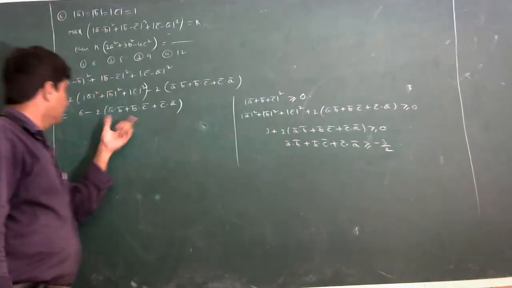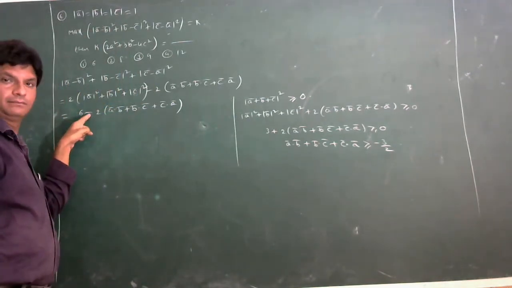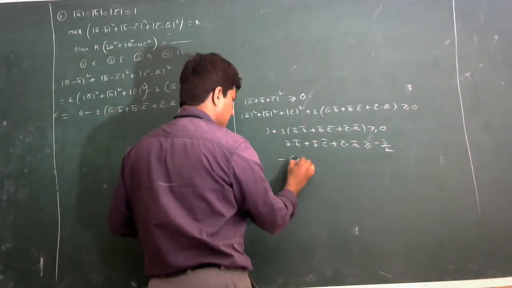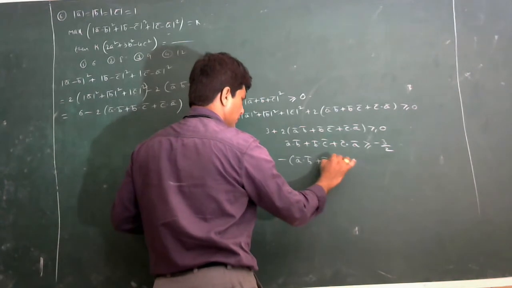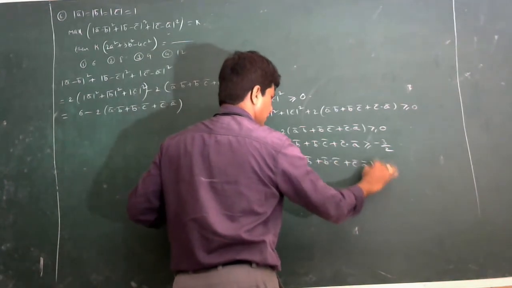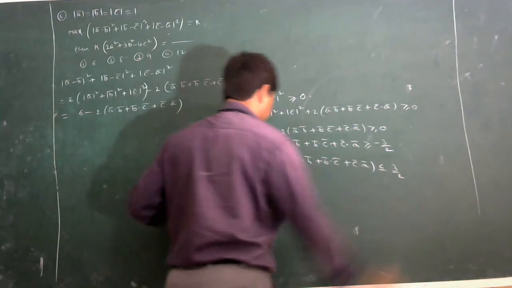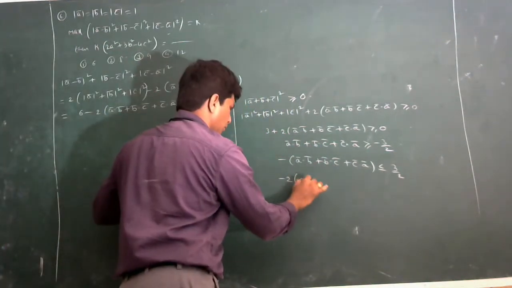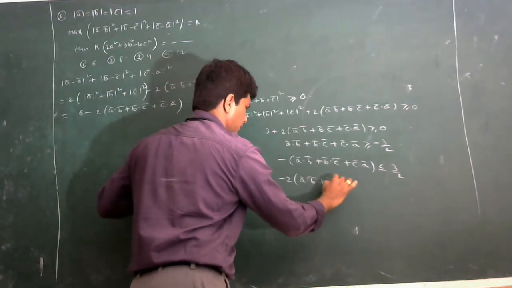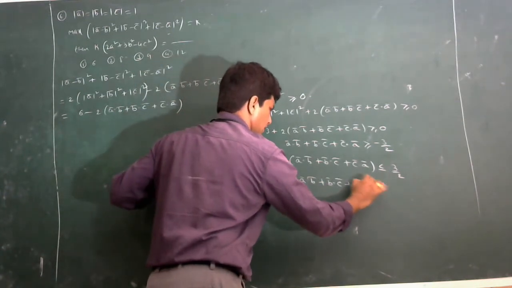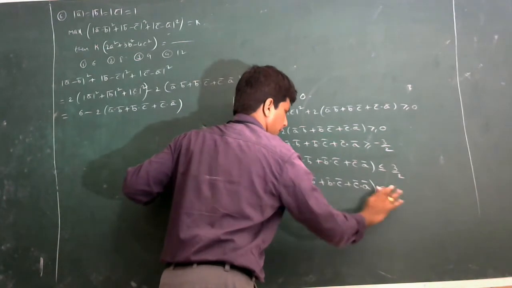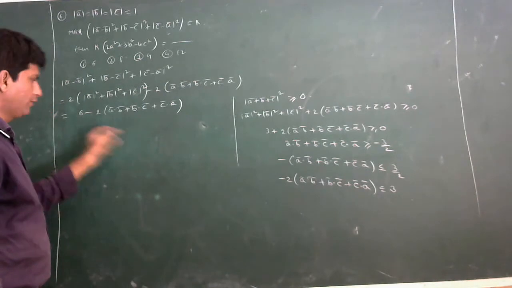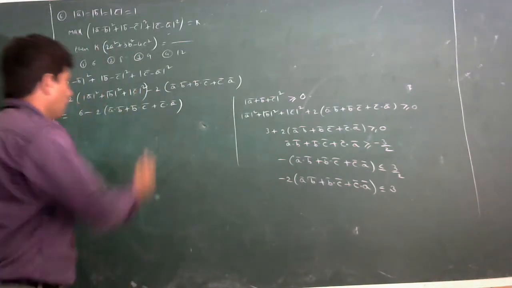But come to here, we are having a minus sign here. Is it right or not? So multiply with minus, so the inequality will change. So this is minus of A bar dot B bar plus B bar dot C bar plus C bar dot A bar is less than or equal to 3 by 2. Already 2 is also there. Multiply with 2. So this is minus 2 into A bar dot B bar plus B bar dot C bar plus C bar dot A bar is less than or equal to 3, because 2 gets cancelled. So we are having this one. So if you add 6 on both sides, what will you get now?